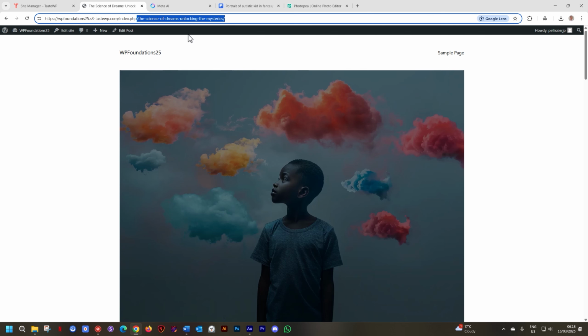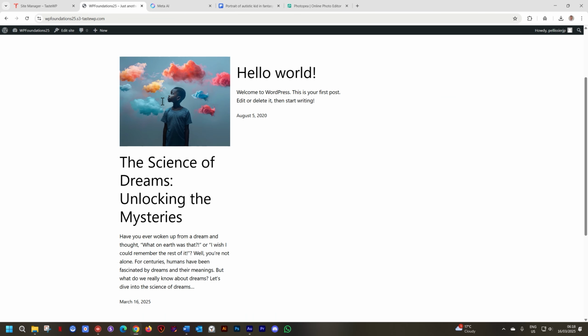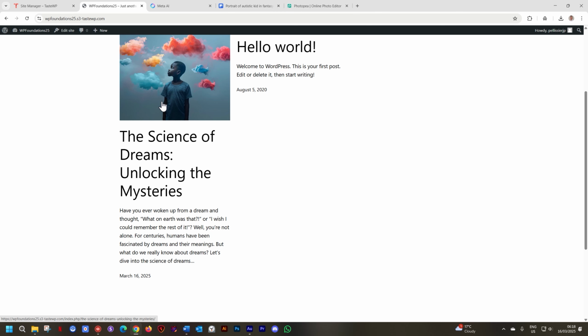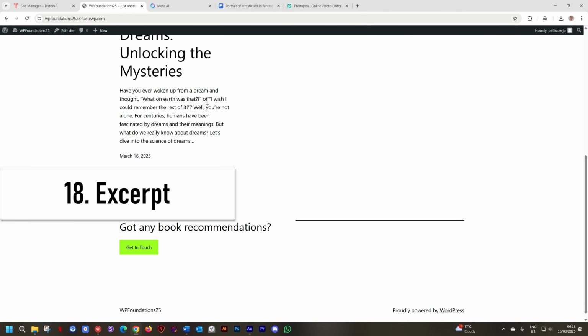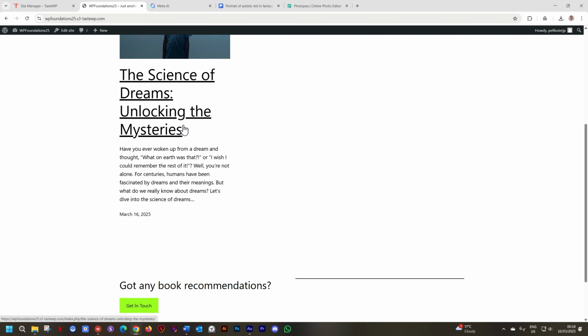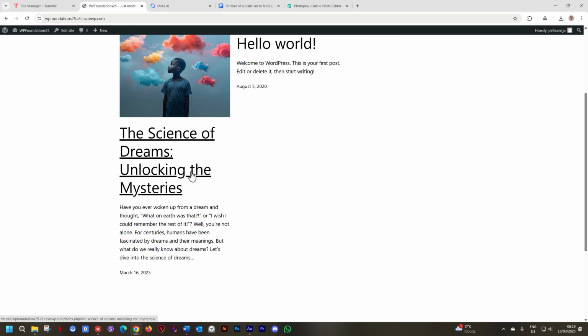While we are here, let's click on our name here, WP Foundations. That will take us to the home page and it shows again our layout of posts here. I mentioned earlier that this part here is an excerpt. This is a little summary, a trailer, something that teases the visitor as to what this article is about. And it takes the first few words and sentences from your first paragraph, and often, most of the time, that's not a good idea. And we want to take control of this excerpt and give it something that we can add there. And yes, we can do that.